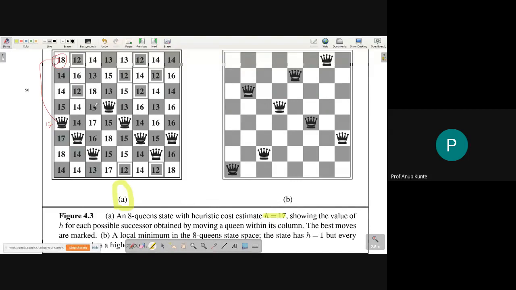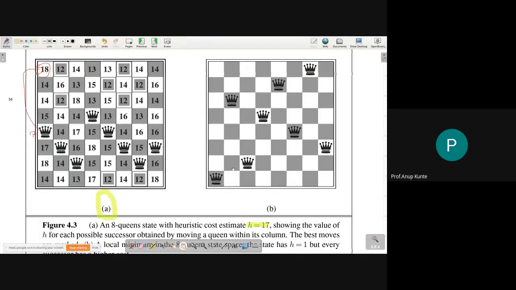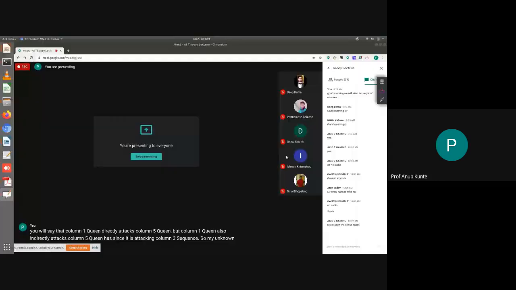If you compare this with the B state, so these are two states of the problem. I have not put any numbers here in the cells, whereas I have put certain numbers there. What those numbers are, I was explaining them, and I'll explain them again later on. But right now, look at this particular B part. Okay, I'm audible, right? Need to check.